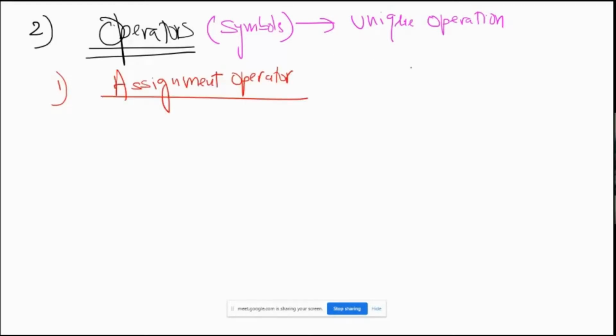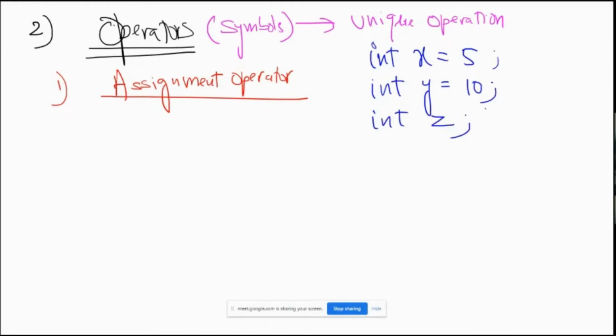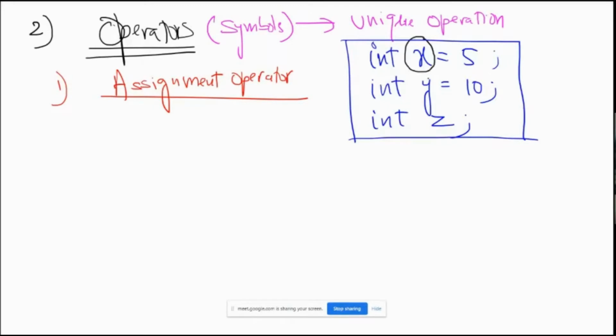For our example, let us have 3 variables. int x is equal to 5, int y is equal to 10, int z. Okay, so I don't have any value for it, whereas I have x and y initialized to 5 and 10 respectively. So we have 3 variables here. When I say variable, you should know what exactly it is. A variable is nothing but a name I associate with the information. This is integer information. This is defined as an integer but is not assigned any value. We may assign something in future. So these are the 3 pieces of information I have.